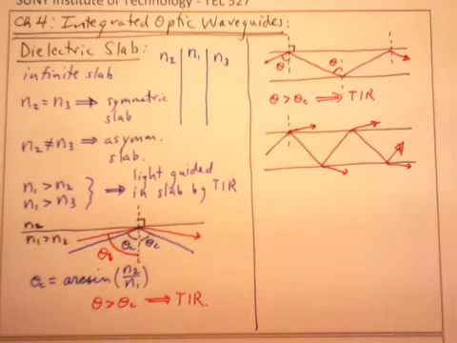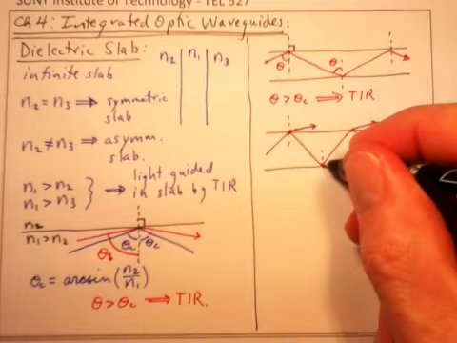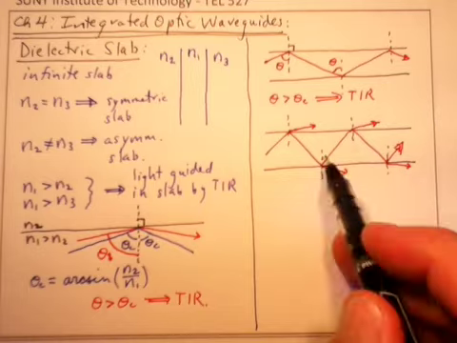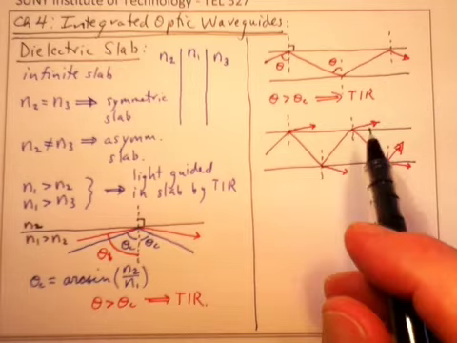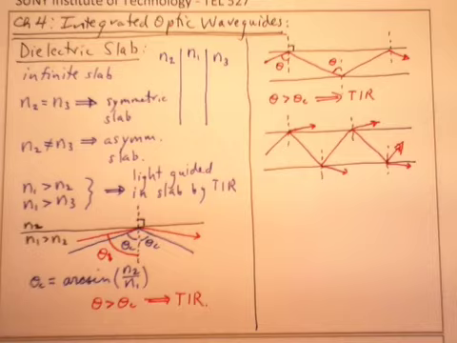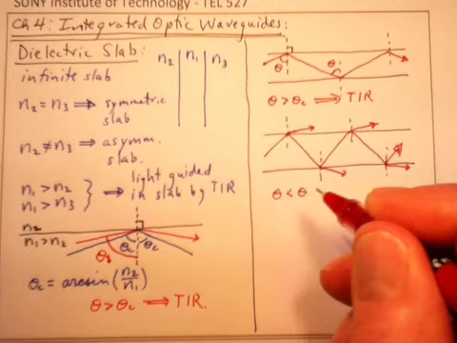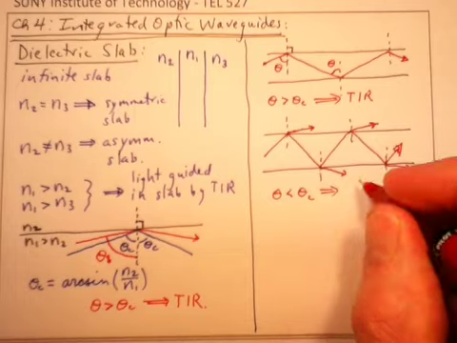Okay? And what will happen is the energy of this ray, which is bouncing back and forth, will decrease very rapidly. Okay? So theta less than theta c implies no TIR,